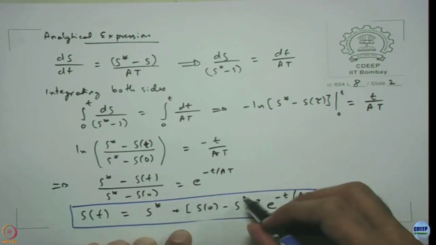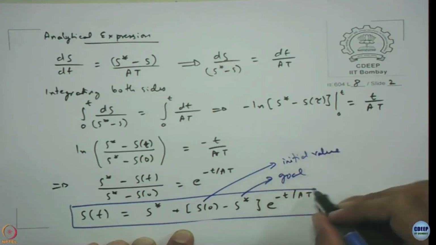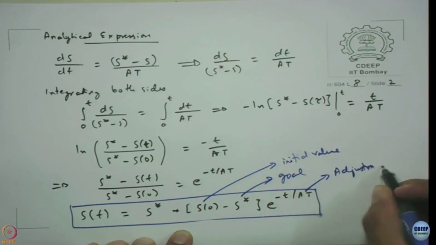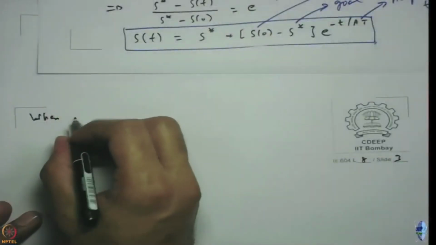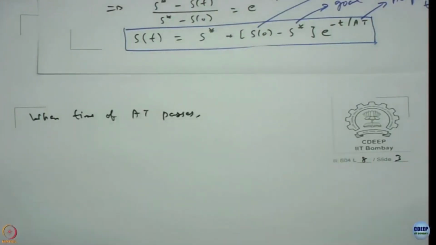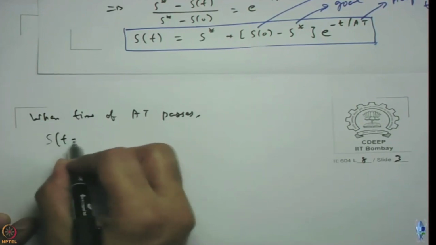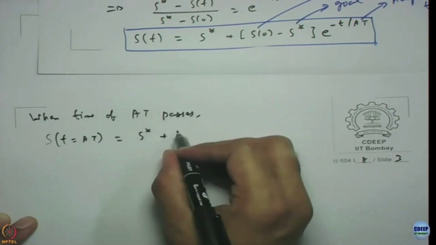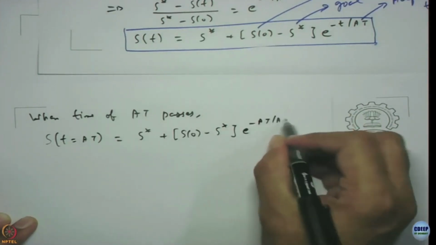So, s star is the goal, s naught is the initial value, at is your adjustment time, of course t is the total time limit, right. So, one of the things we saw was, when adjustment time of 80 units passes, then what happens? When time of 80 passes, what do you get? S at t equal to 80 is s star plus s naught minus s star e power minus 80 by 80, which is e power minus 1,